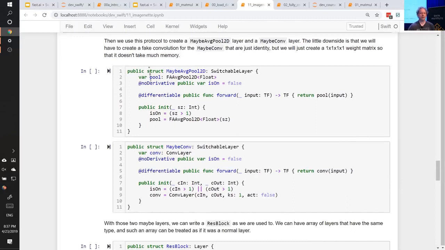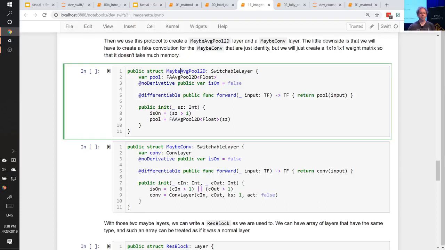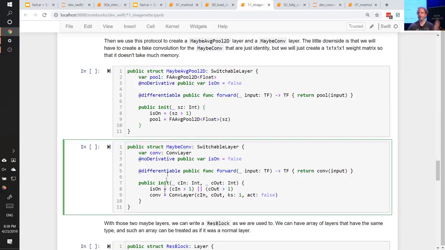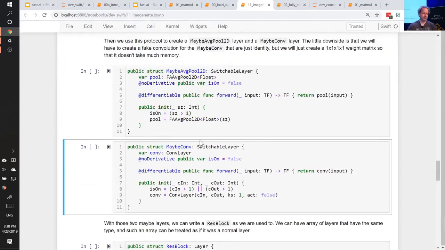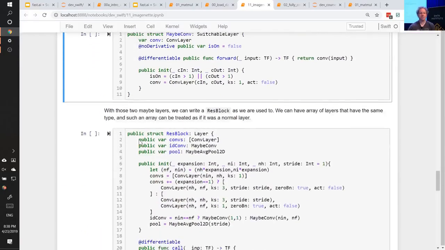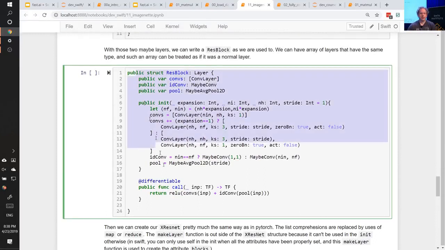So then we used that to basically have something where, because remember in XResNet, in the identity path, it's not always an identity path. Sometimes you downsample in that path, sometimes you change the number of channels in that path. If you downsample, then you maybe add an average pool 2D. So because, again, we don't have the ability to have if, we just use this switchable layer, and maybe you change the number of channels by adding a 1-by-1 conv. So that's all that is. So most of this stuff, if you're watching this much later than kind of July or something, will probably all have gone away and been replaced by some if statements. But once we've got all that, the res block,